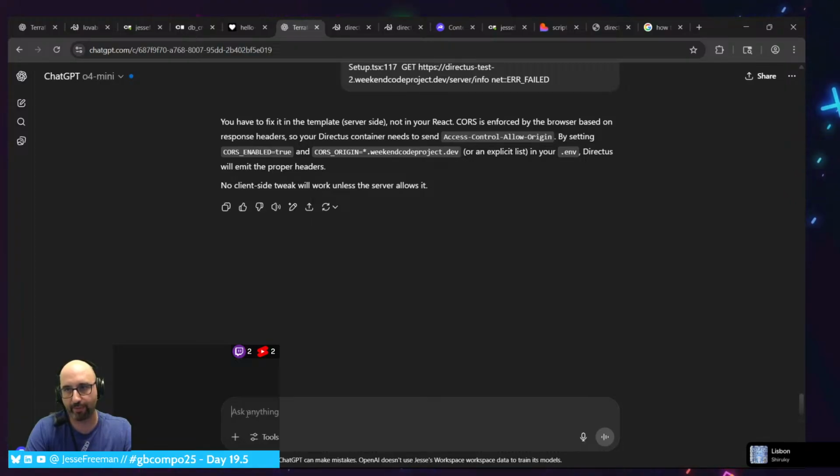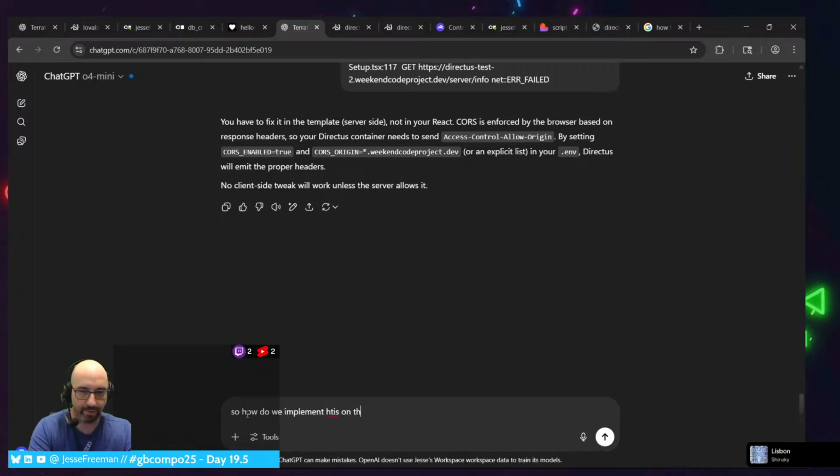CORS is enforced by the browser based on response headers, so the Directus container needs to send the access control allow origin. No client side tweak. So how do we implement this on the template?